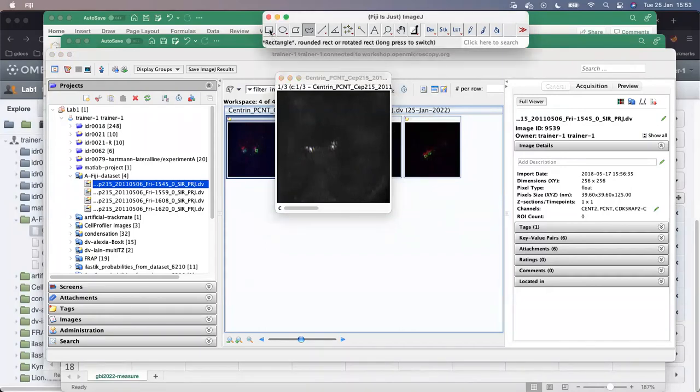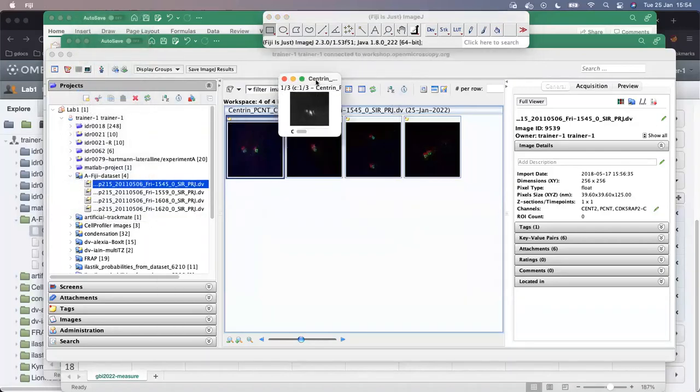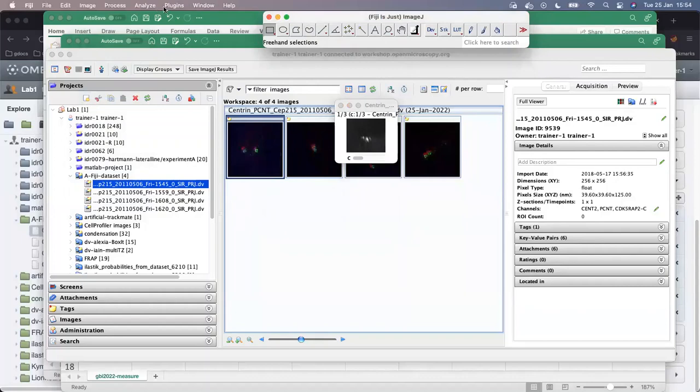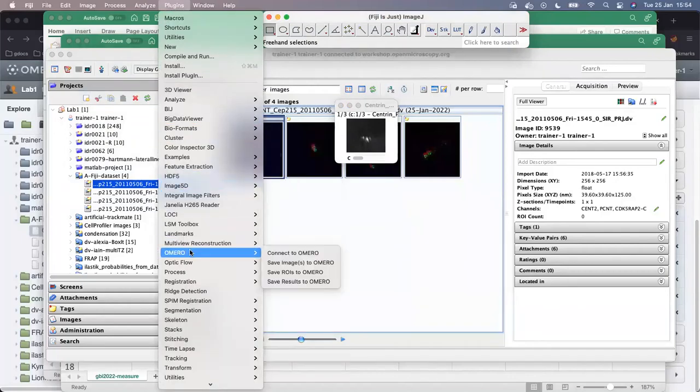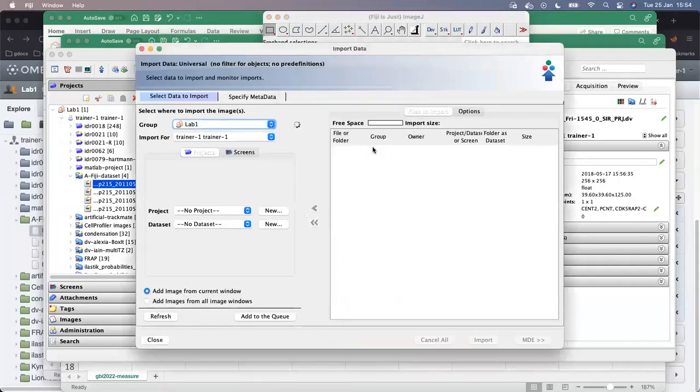If I want to create a new image, this is also a typical task during image analysis. The easiest way is to do that via cropping. So I can draw a rectangular ROI, go image, crop, and this is my crop. Now I can go into plugins, OMERO, and save images to OMERO. Yes, that's fine. That's just a security on my Mac. And I can now